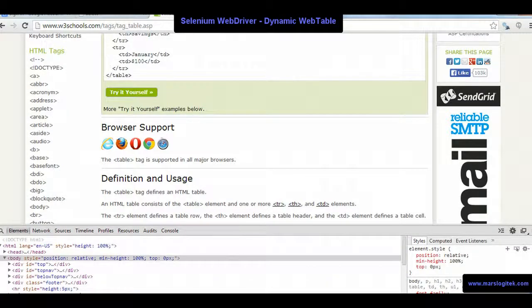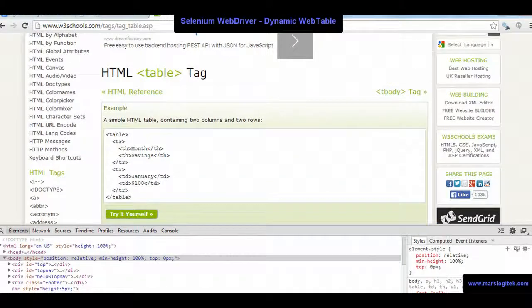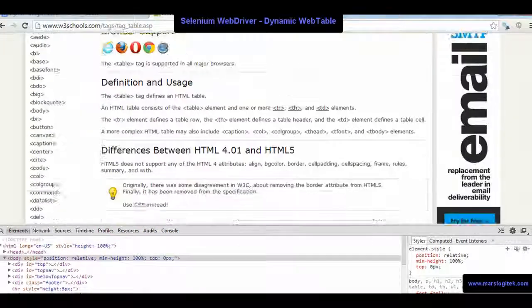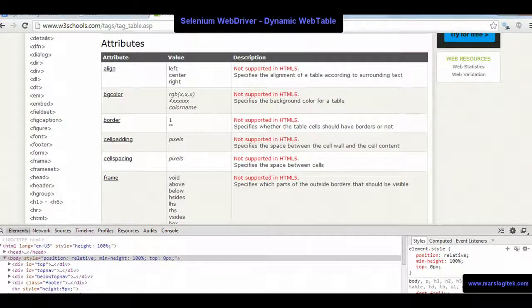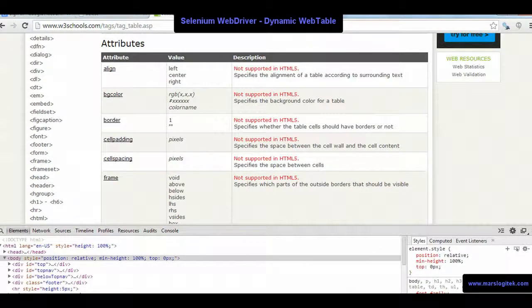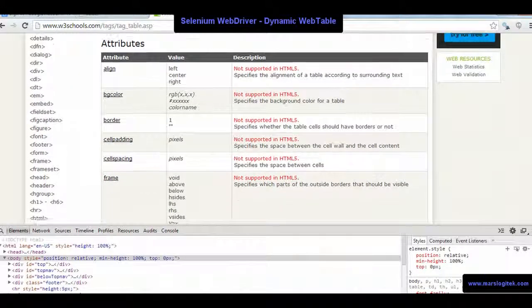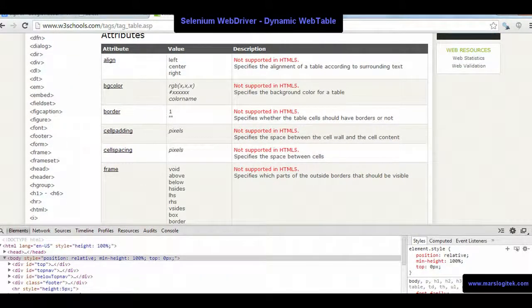So I'll take one typical example. I'll go to W3Schools. It's a very popular website where you can get a lot of basic stuff. Though it is not a very dynamic table, I'll just try to solve the problem. So you can see there are 3 columns and some rows. Now I write a generic script, as I said earlier. It should work on any kind of applications.